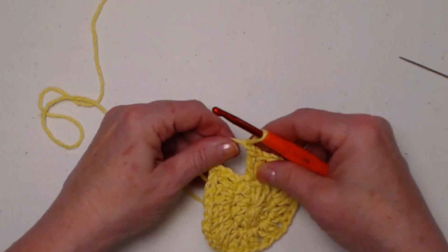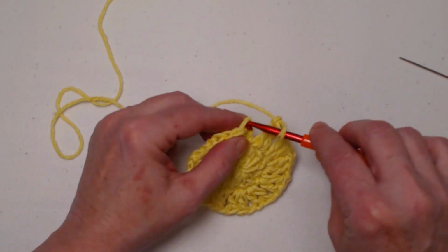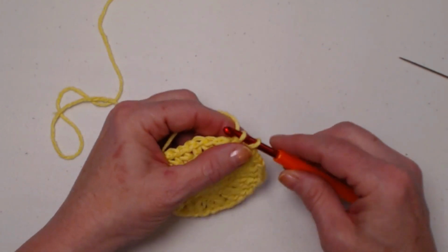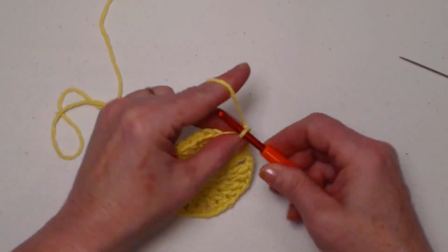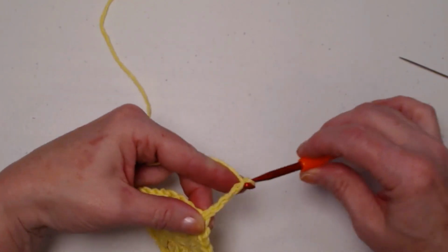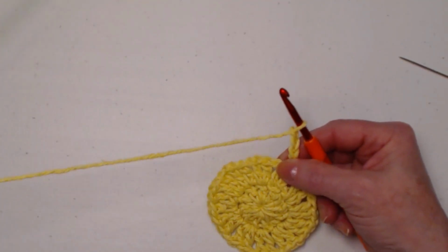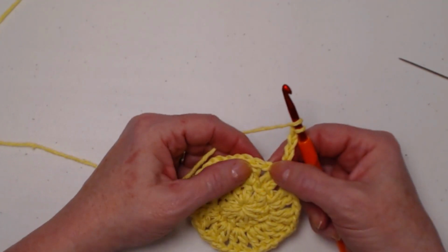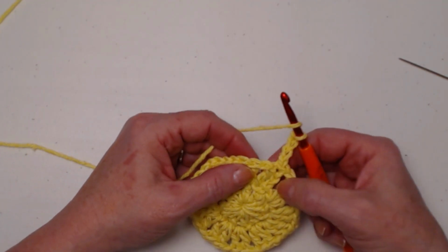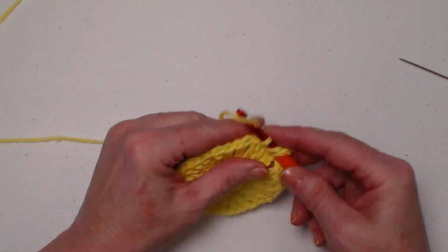Here's my last 2 double crochets, chain 1. I'm going to join to the top of that chain 3, and then we're going to chain 4. This chain 4 counts as a double crochet, chain 1. And now what we're going to do for row 3 is we're going to skip the next stitch, whether it's a chain or a double crochet, and double crochet in the next stitch,